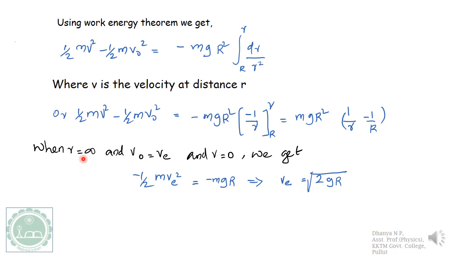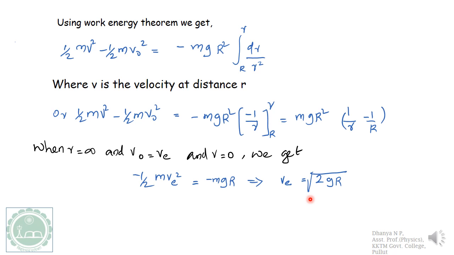Then we consider r to be at infinity, and the initial velocity becomes the escape velocity, that is, the minimum velocity with which a particle is to be projected so that it can escape from the gravitational force of Earth. And the final velocity is assumed to be 0. Substituting these three values in this equation, we get half mv square is equal to minus mgR, v is equal to root 2gR. We got the same result as in the earlier case when we projected